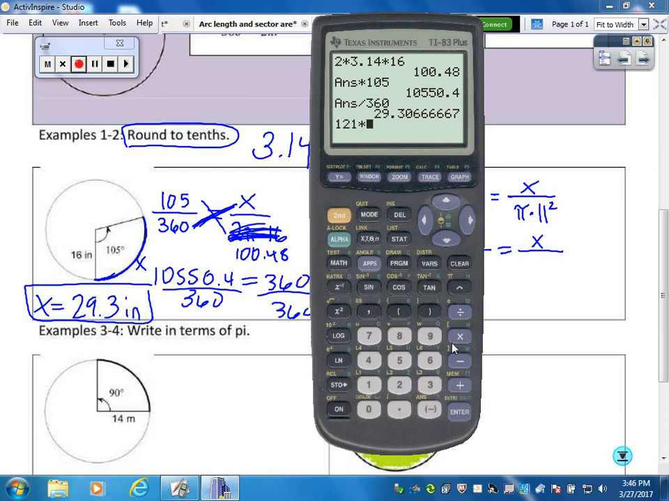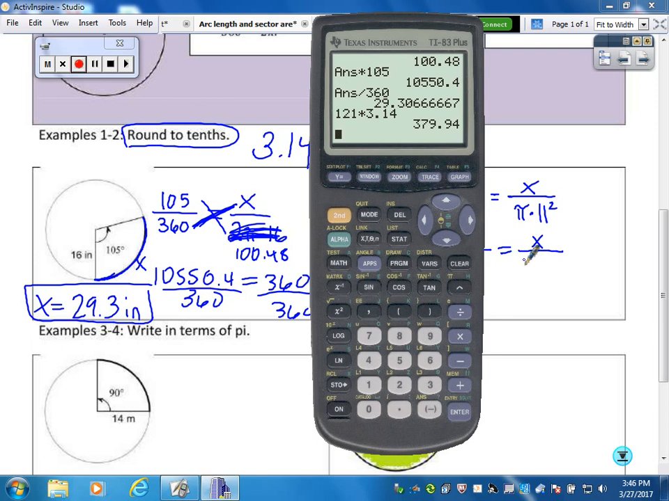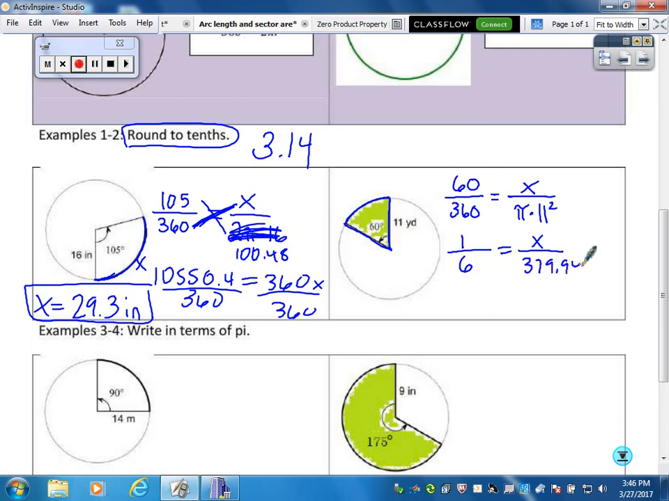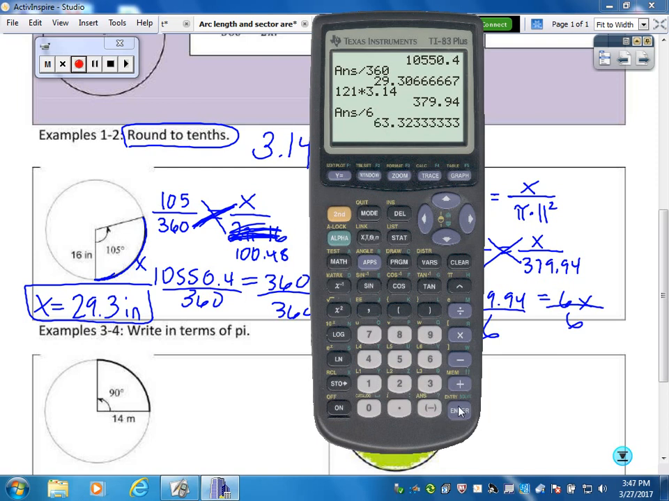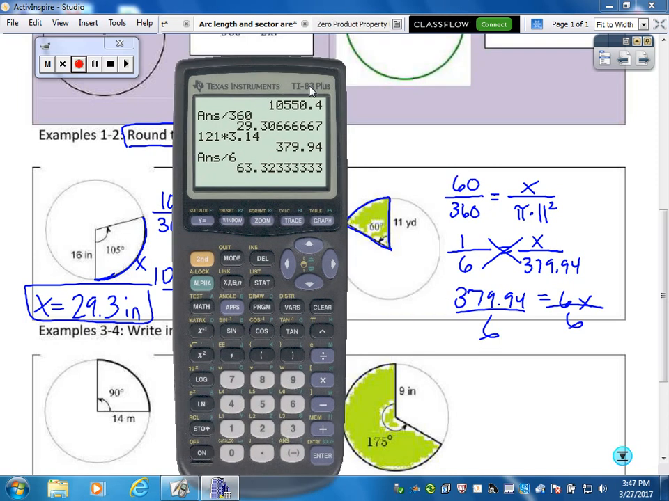So 121 times 3.14. That's 379.94. Now I need to cross multiply and divide. Now the reason I like doing that simplification first is now I don't actually have to multiply this cross because 1 times anything doesn't change it. So all I really need to do is this cross and divide. So I just get to take my 379.94 and divide it by my 6. So I have about 63.3